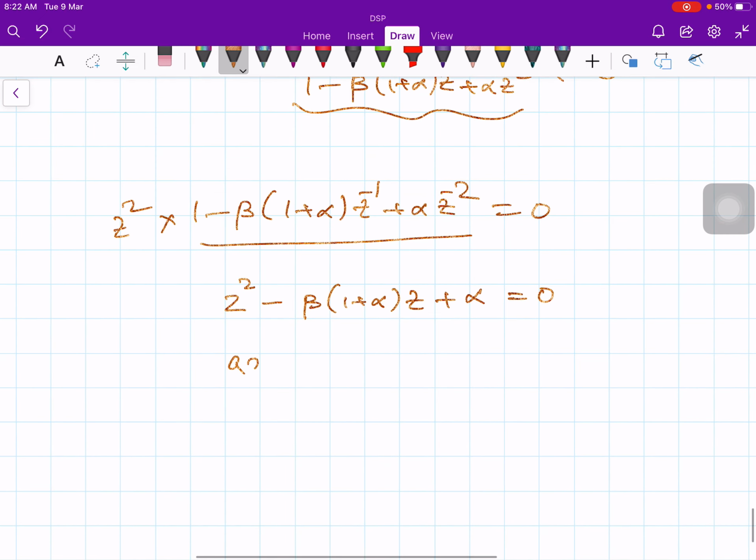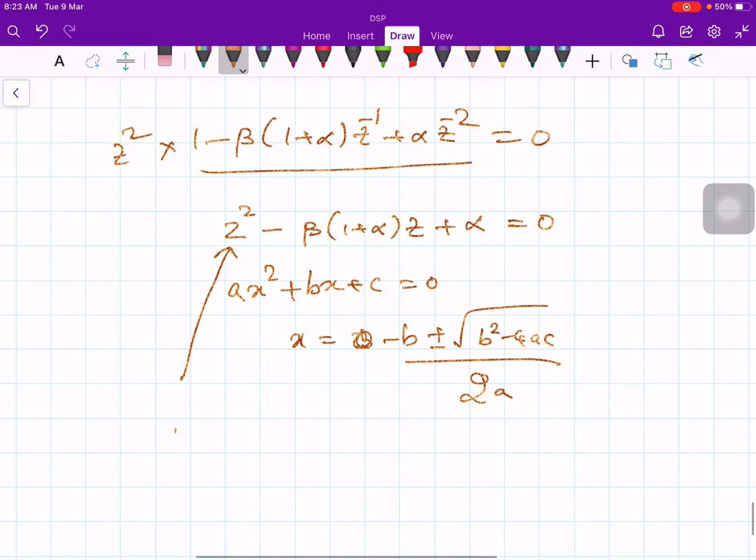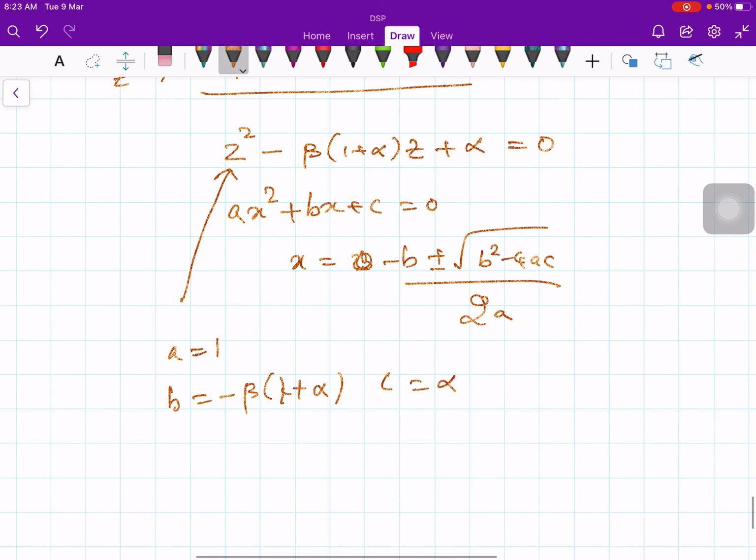Now this equation is in the form of a x squared plus b x plus c is equal to 0. What are the roots? x is equal to minus b plus or minus square root of b squared minus 4ac divided by 2a. And in this expression, a is equal to 1, b is equal to minus beta times (1 plus alpha), and c is equal to alpha. Therefore, the roots are beta times (1 plus alpha) plus or minus the square root of b squared, that is beta squared times (1 plus alpha) squared,